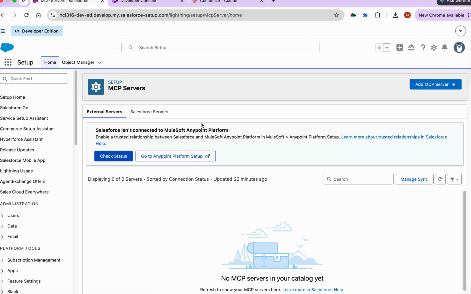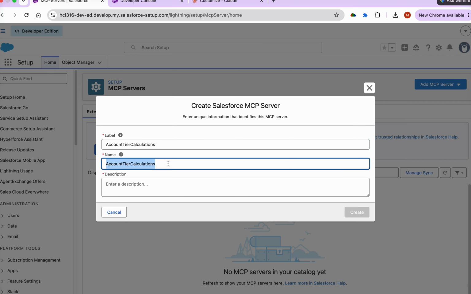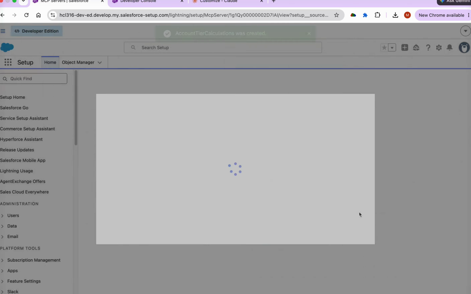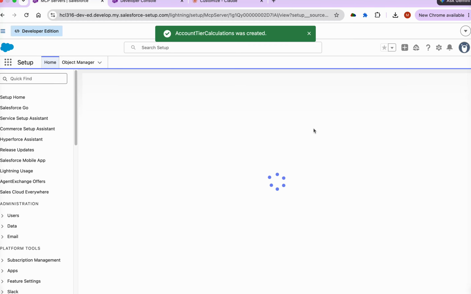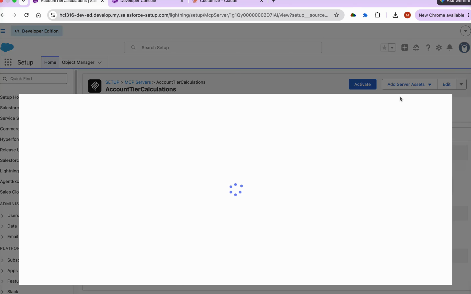Let's go to MCP server and try to create a new Salesforce MCP server. Let's call it account tier calculation. Okay, let's copy the same in the description. Ideally it should have a brief or better description, but this is just a placeholder. Now your custom MCP server will be created, but it is not going to be active right now. What we are going to do, we will first add a tool here,